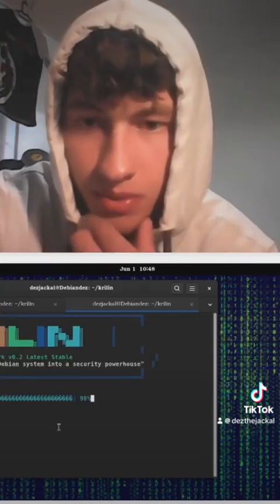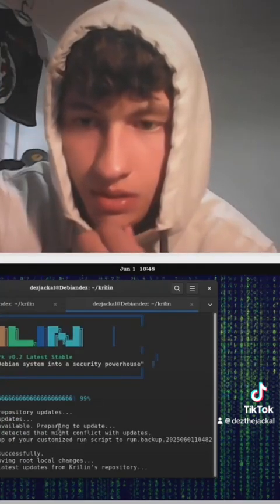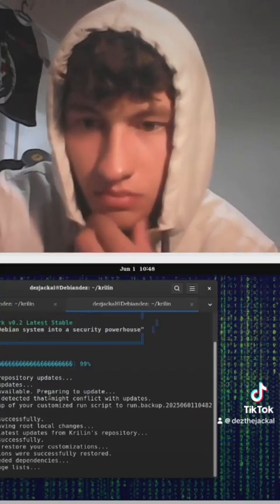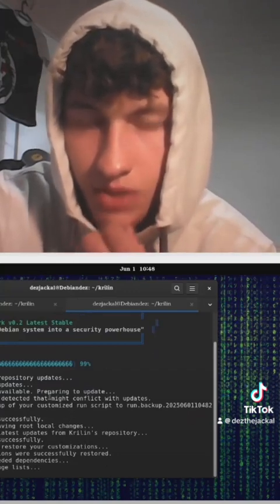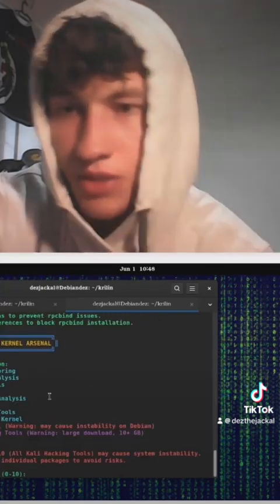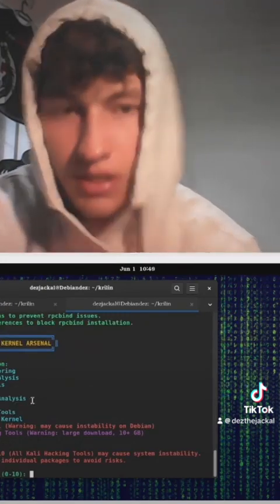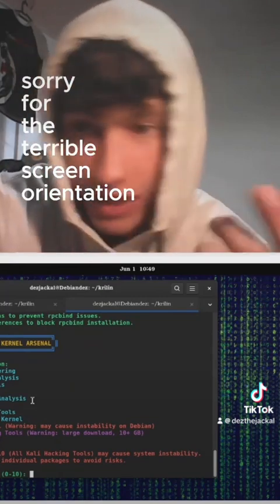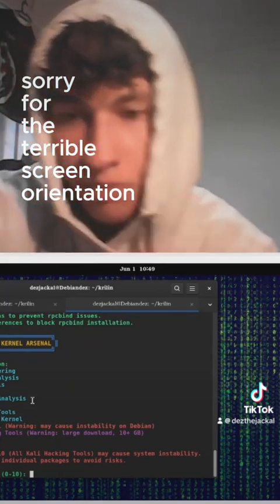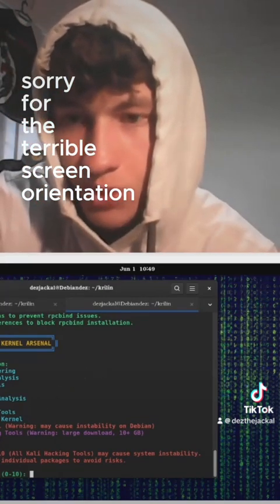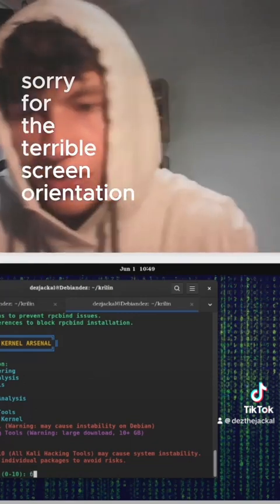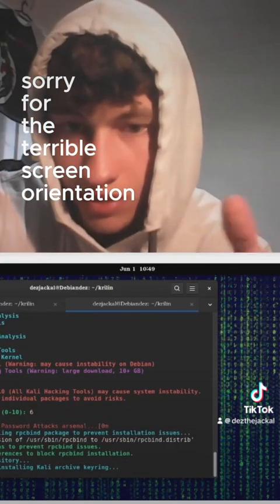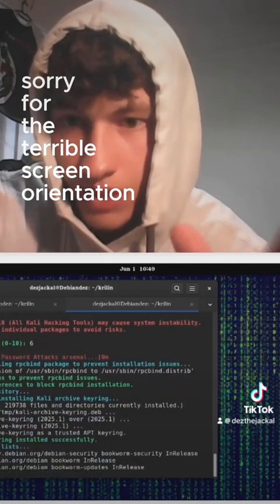Loading up. Yeah, okay, we got this here. It's almost done loading here. So now we got the interface here. So let's say, for example, I want password attack tools. Okay, so then I would basically use this here as a guideline. I would say 6, like any other script. I would say 6, and then it's going to install me the Kali tools.